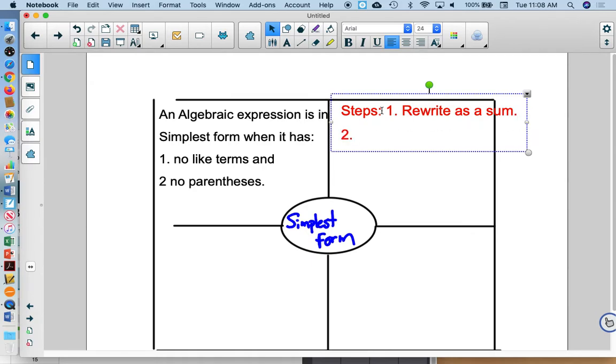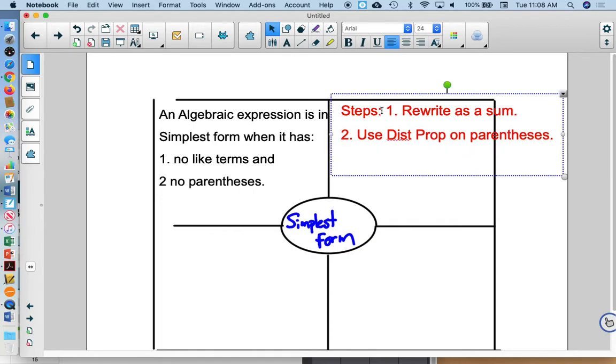Step 2, use distributive property on parentheses. And I keep leaving that H off, don't I? Step 3, and I'm going to abbreviate step, and I'll go back and do the same for the others. Step 3, rearrange terms. And step 4,